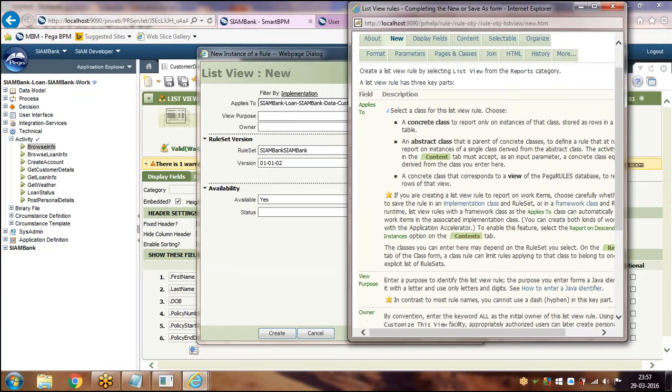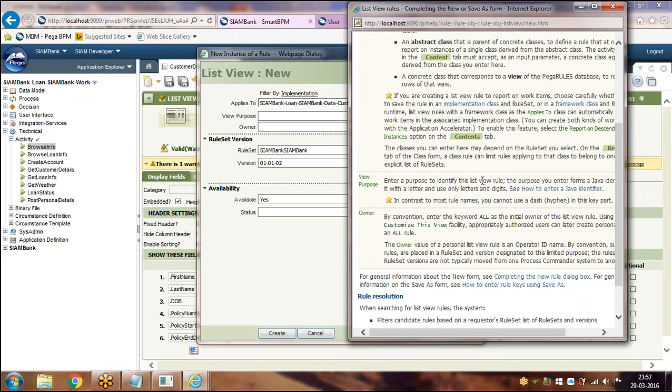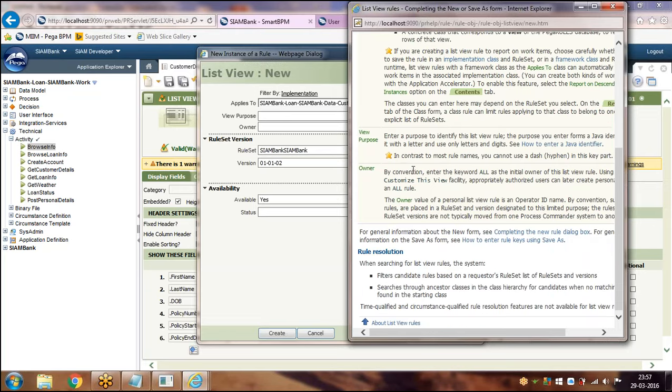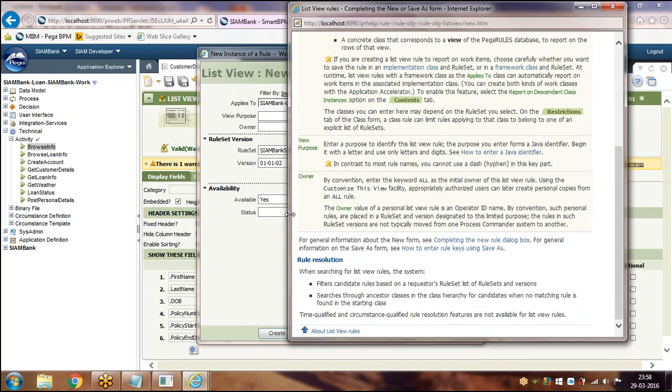See here it will show you. Enter purpose identified list view rule. That is purpose. By convention, enter the keyword all as the initial owner of the list view rule. Using the customize this view facility, appropriate authorized users can later create personal copies of the all rule.